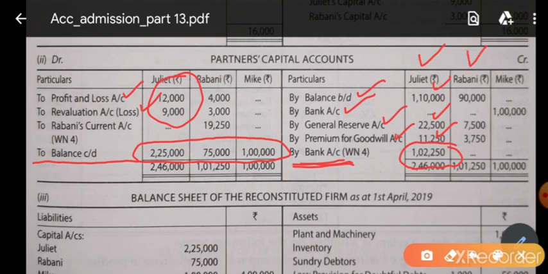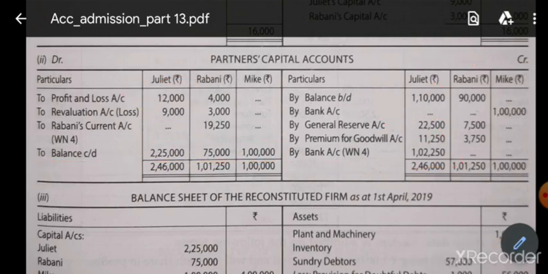Now what about Rabani? Again we will make an addition. We will add all the amounts. So what amounts? First, second and third. So make an addition of 3 amounts on the credit side, and on debit side how many amounts? Only 2 amounts we have written till now, PL and revaluation. So if you make an addition of credit side and you can see the debit side, you will find that on the debit side 19,250 rupees is coming less,